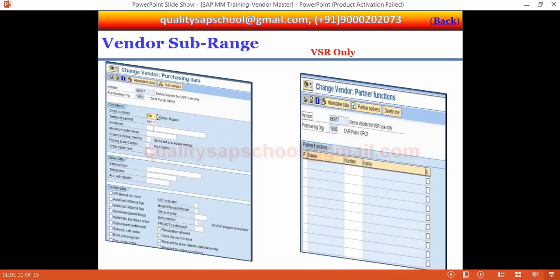Vendor subrange. In purchasing fields, purchase organization screens, vendor subranges subdivide the vendor's total product range according to a variety of criteria. So here is the vendor subrange screen we have seen in SAP. With these fields, not only product, we can also keep many criteria of the different products. We can keep one product also in different currencies,